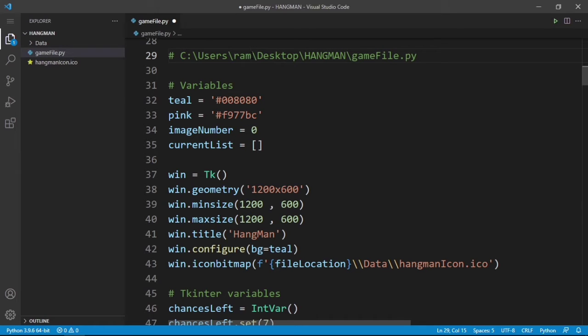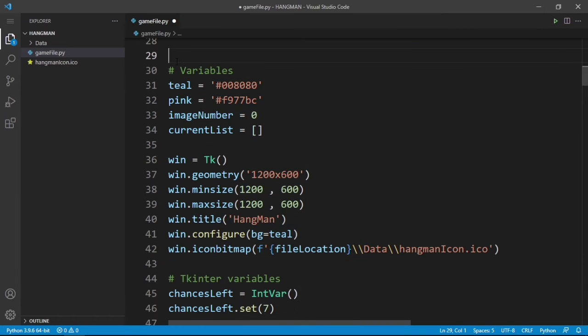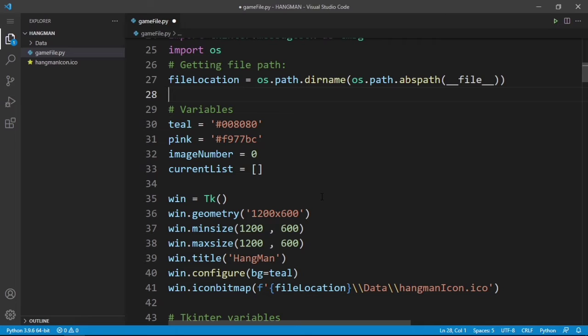It will be different. So if the path of the icon file is different, I've hard coded my program to look at this path, but the path will be different. In that case, the program will crash immediately, and that's why I've added this file location, so the program will work in every case. I hope I was able to clear that out. Just remove this line of code and save it.